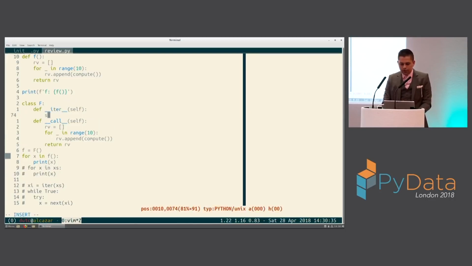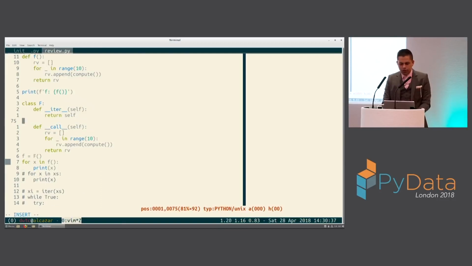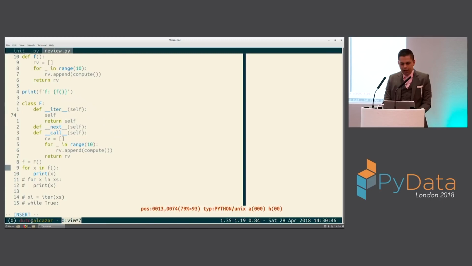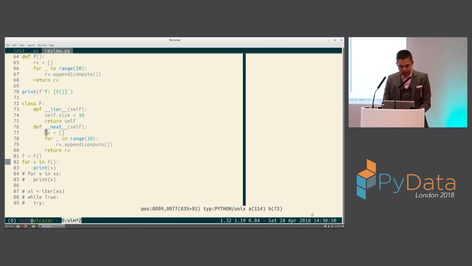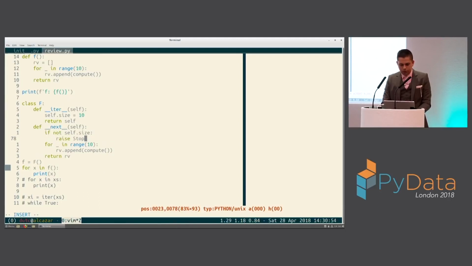We can create our own object that's iterable. We'll say that it's its own iterator, and in the next, we'll just return the next value. Well, what we'll do is in the iterator, we'll just keep track of the size of the computation we want to do, which is 10. And in the next, we'll just say if not self.size, raise StopIteration.